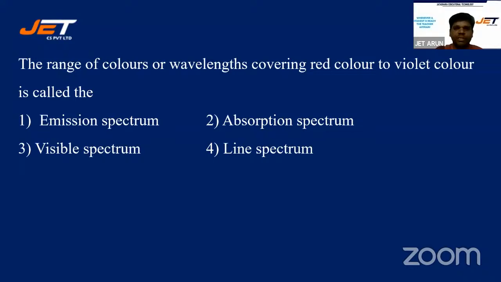The range of colors or wavelengths covering red color to violet color is called emission spectrum, absorption spectrum, visible spectrum, line spectrum. From red color to violet color. Emission, absorption, visible, line. All right. Yeah, almost everyone is right. Yeah, but students,